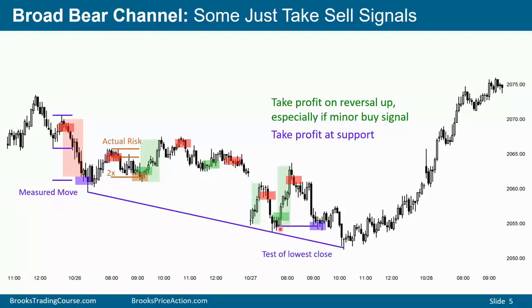Test of the low close. Remember, you have sell to close bears selling every bear close. The market reversed up. There's support at the test of the low close. There's support at the bottom of the buy signal bar and the bottom of the buy entry bar. Those are also support areas, and that is an area where the bears will look to take profits, or at the new low. Bottom of a channel. Some bears will take profits with a limit order at that trend channel line, or on a reversal up, especially a second reversal up, 1, pull back 2, especially at a new low.